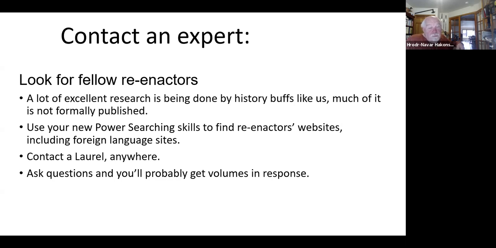So if you can find a web page that you like, contact the person. Use your new power searching skills to find those websites, including foreign language sites. You can contact Laurels. Now, unfortunately, I am not aware, I won't say it doesn't exist, but I'm not aware of any universal resource